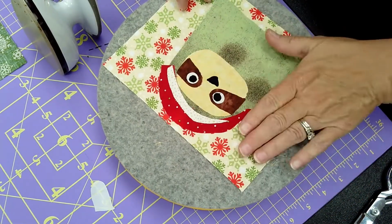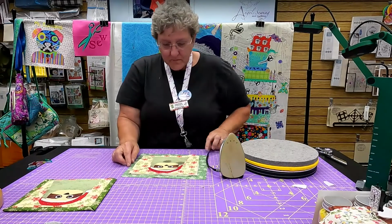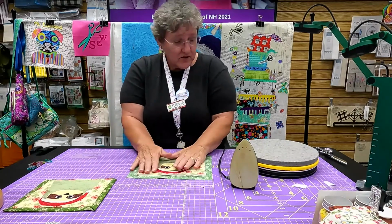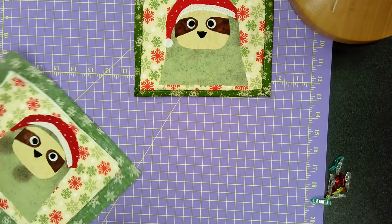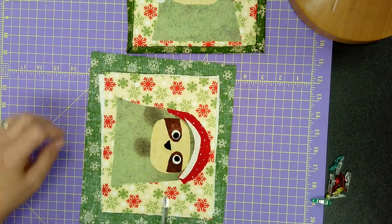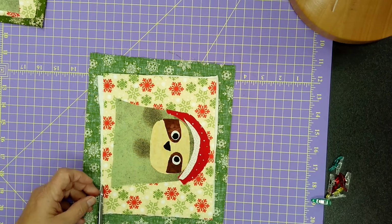So once you have them all set, you're going to come back to your batting and your backing. As you can see, the backing and the batting isn't perfect, so you may just want to take your scissors and trim it up. And all of the pieces may just be a little bit off. It won't take much to get it straightened out. You can just use the edge of the fabric just to kind of even it up just that little bit,